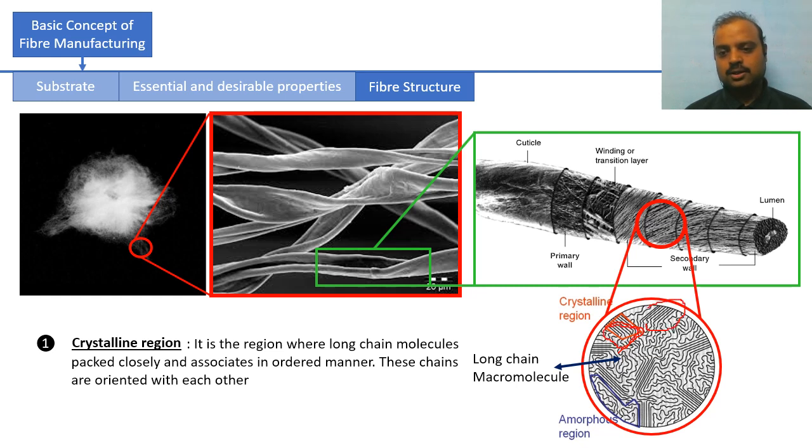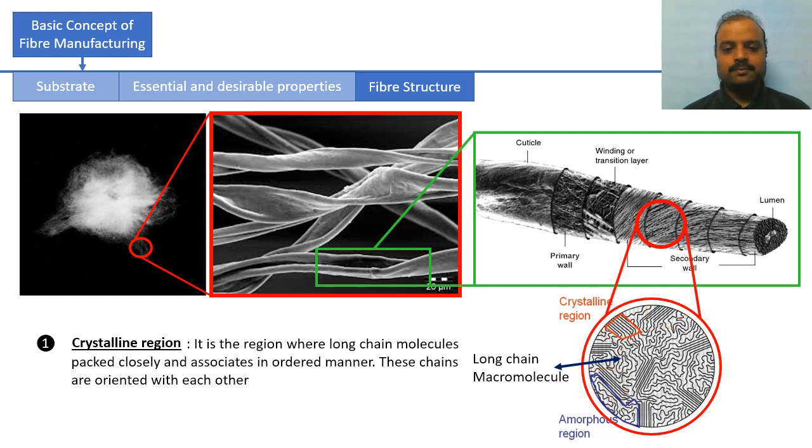These regions are ordered regions where the molecules are packed closely in an ordered manner, right? And this is what we call the crystalline region. Let's rub out the writings